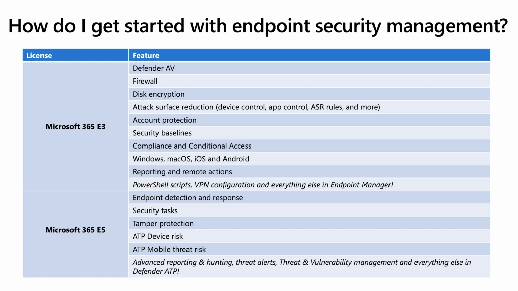So even with your E3 license, you can do Defender AV, firewall configuration, disk encryption, security baseline, conditional access policies, etc. In addition to that, if you also procure and have licenses to our Microsoft 365 E5 suite or the security suite that includes the Defender ATP product, you can also do more advanced features like EDR, security tasks, tamper protection,